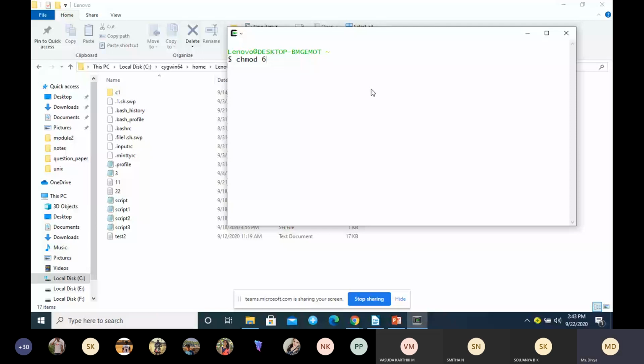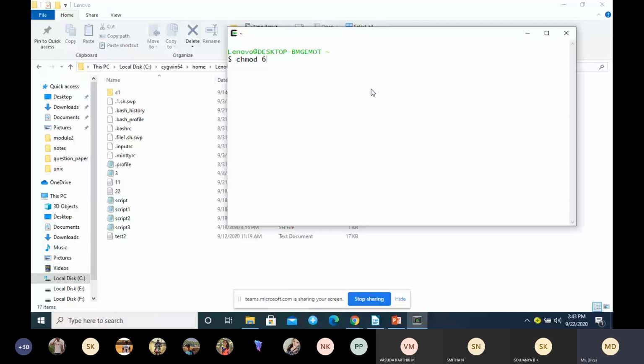Which permission is 6? Read and write. 6 is read and write. In binary it is represented as 110. So we are giving read and write permission to the user, the owner.